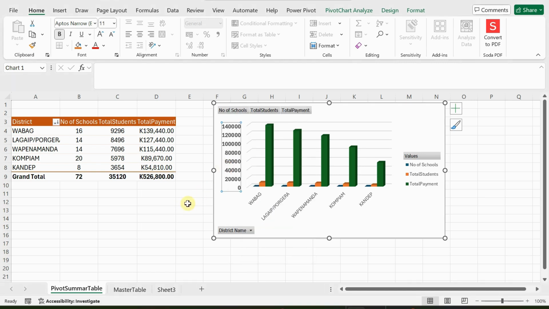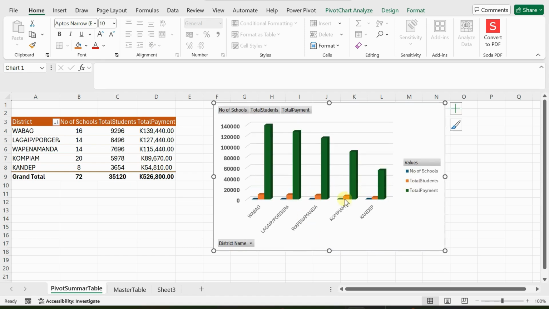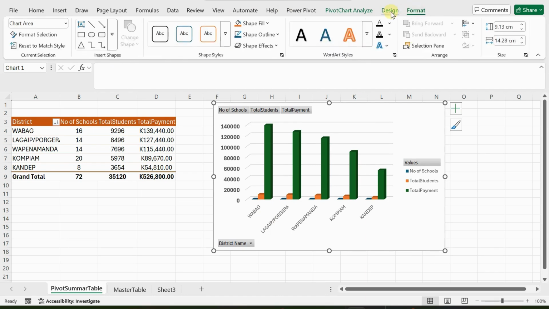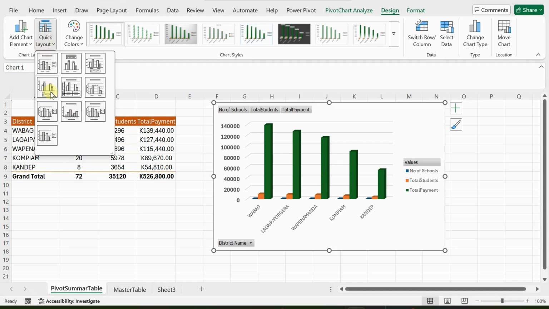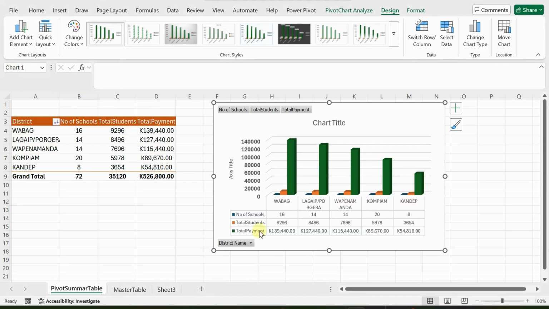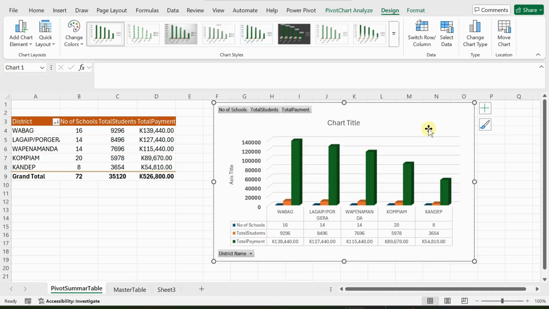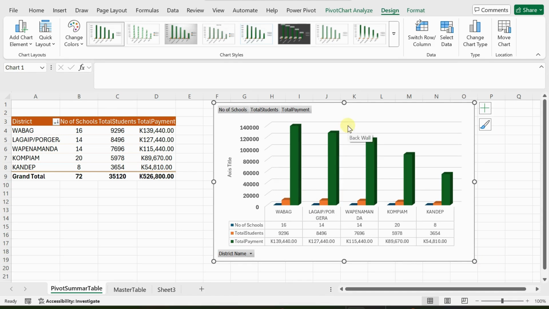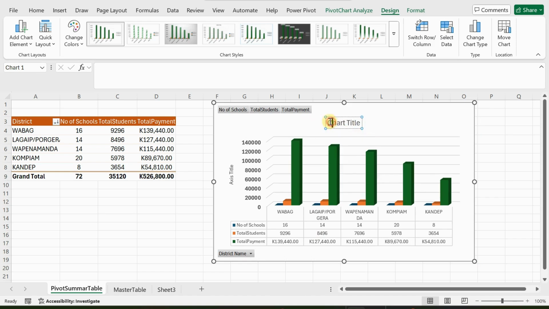Okay, so you can also see that these are the districts and this is the total number of students, but you can change the layout. So I go to format or design and you can change the layout. I think this one looks much better. Yeah, this one looks much better because the table is also included at the bottom. Okay, so I'll change this, and I'll double click that chart and I will say